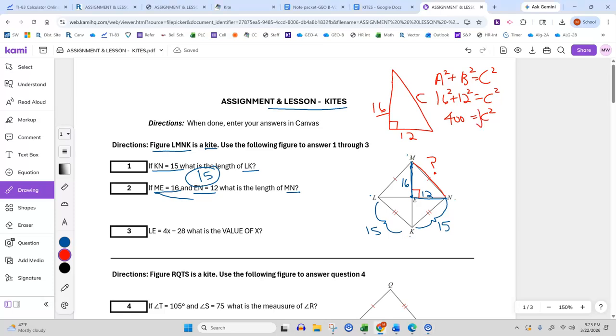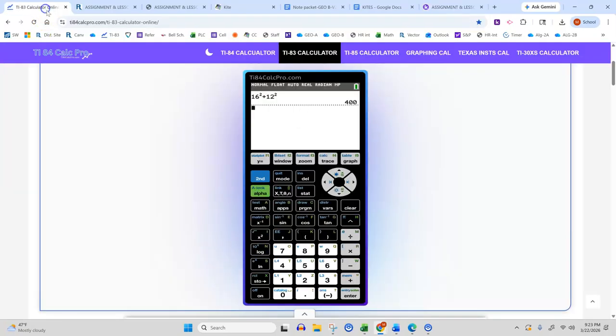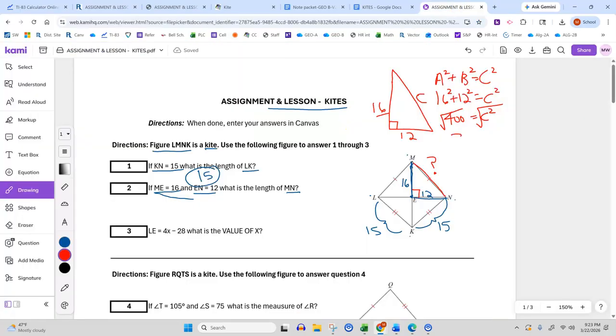So we have to go like this, take the square root, if you remember that, right? On the calculator, we have 400, so we're going to have to go second, this one right here, 400, enter, and we're going to get 20, okay? So that means that 20 is actually equal to c, okay? So that's how we get